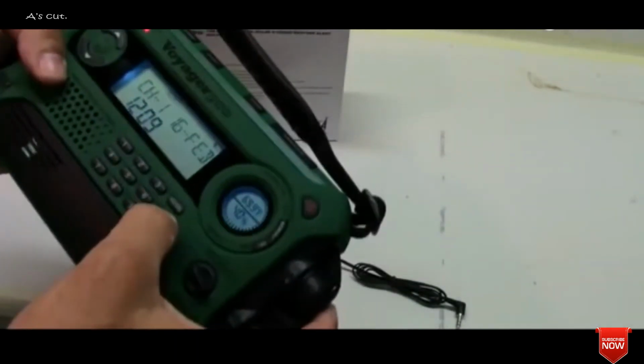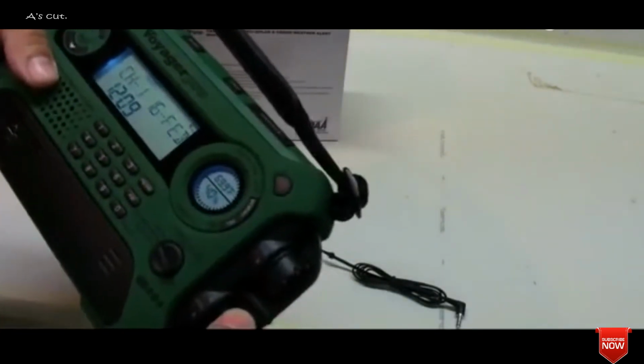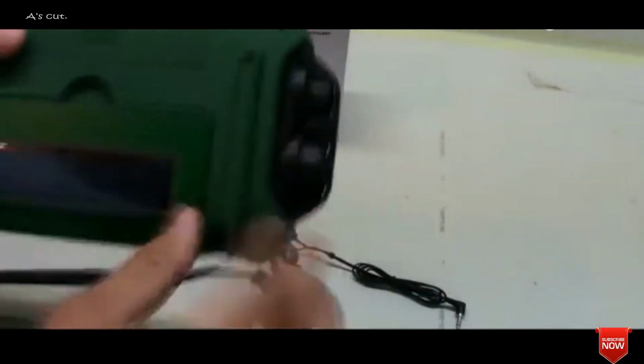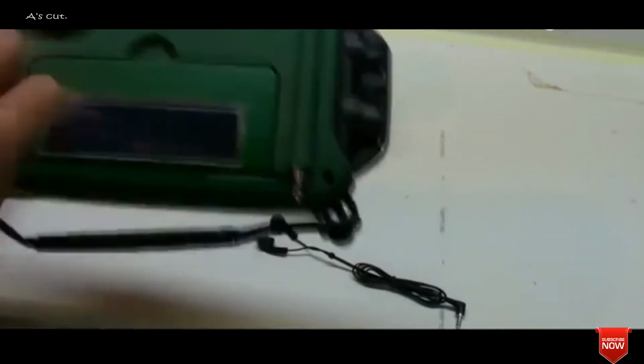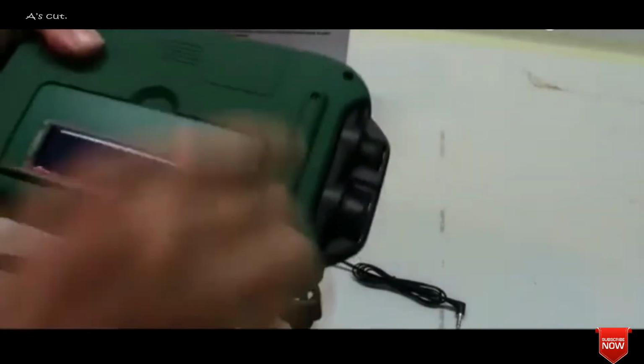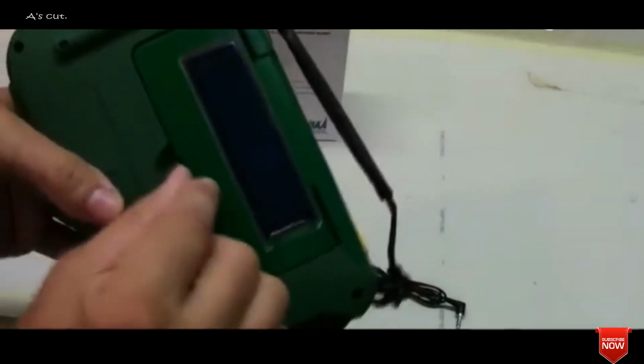All you do is you click the FM or AM button, whichever one you want, and you just basically take out the antenna. Now, also, one other thing I want to show you on this is it's got a straight antenna, not a folding antenna. This is a lot stronger. I really like how that comes straight out of there as opposed to folding and then coming up. Okay, you have your solar panel,